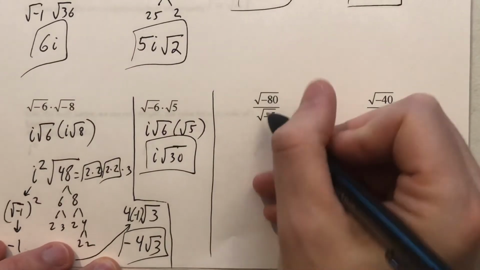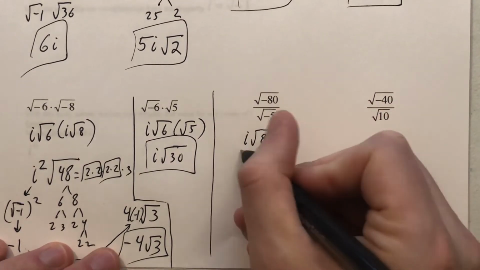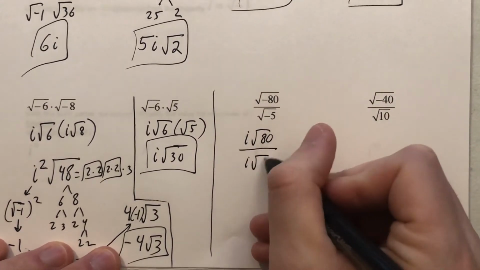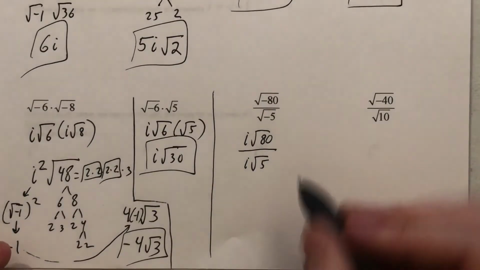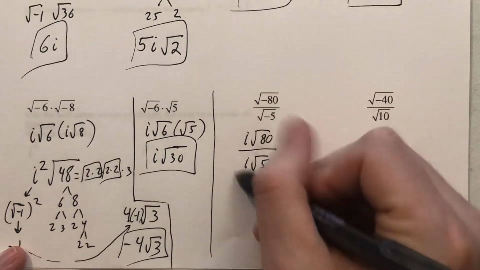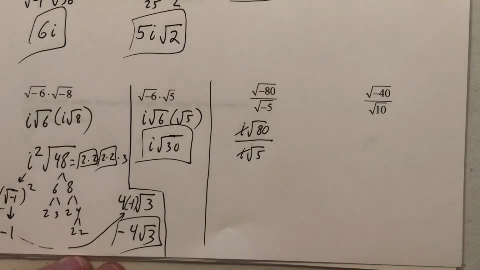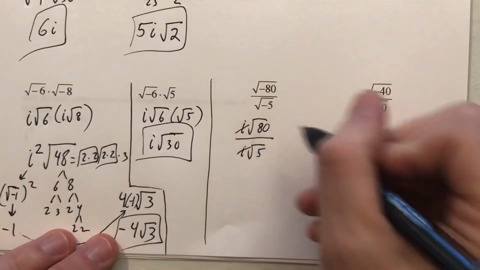The next one, square root of -80 over square root of -5. We can definitely do that simplification there and that simplification there, both those negatives turning into i's. Now as a fraction, as one term over one term, we could actually cancel those common factors here. We can cancel those i's completely. Also with the 80,